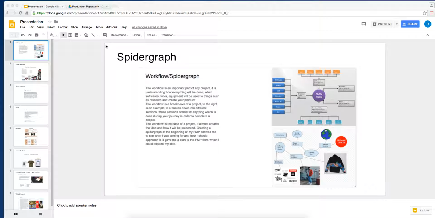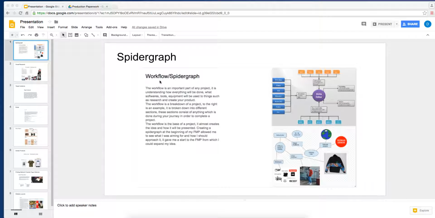So I'm going to be going over the most important pieces of research and work that I completed to carry out my project. The first thing is a spider graph. It's one of the first documents that you'll make. It's sort of like the base of the project. It shows you your idea and any additions that you could make, any changes,